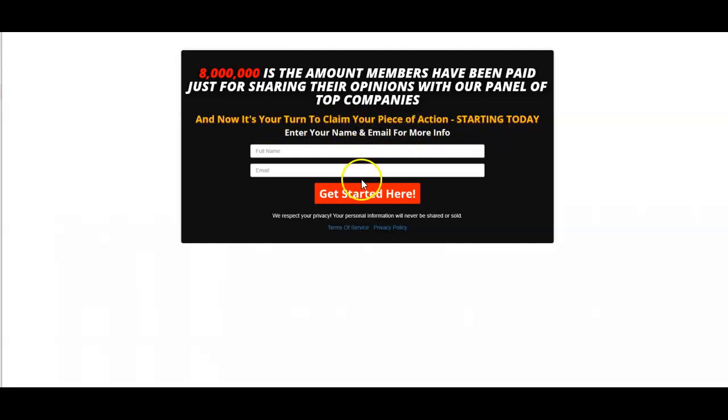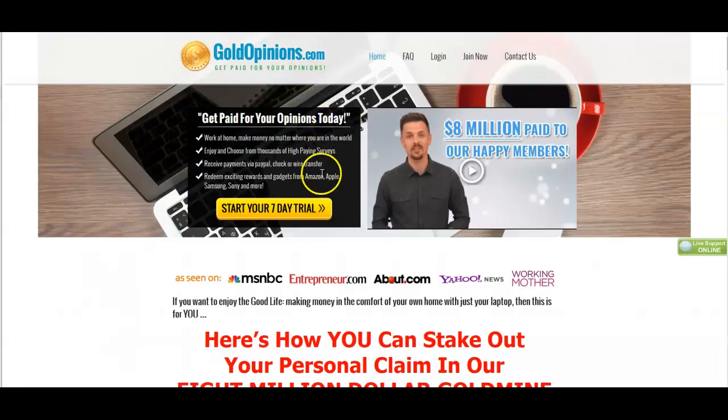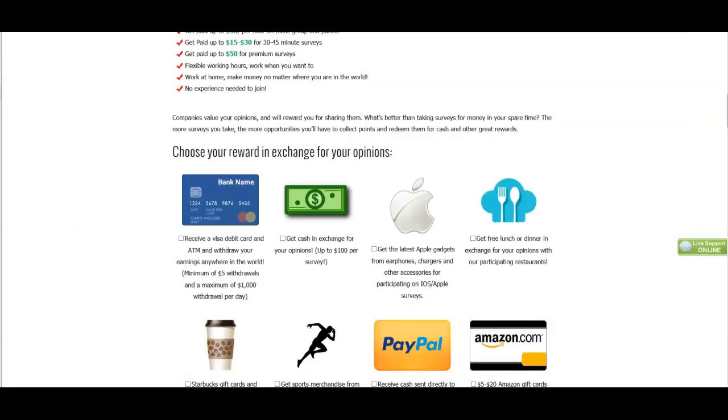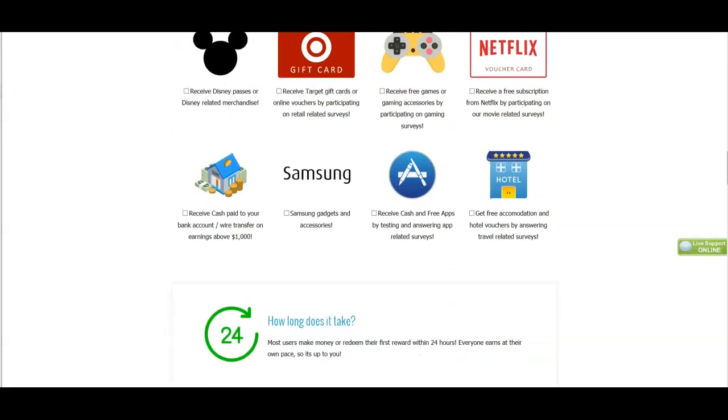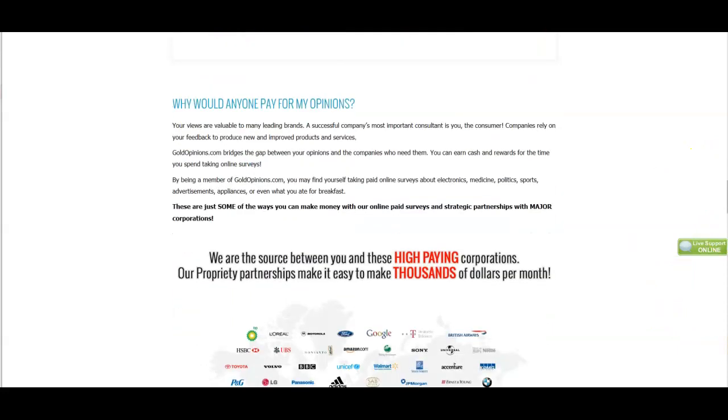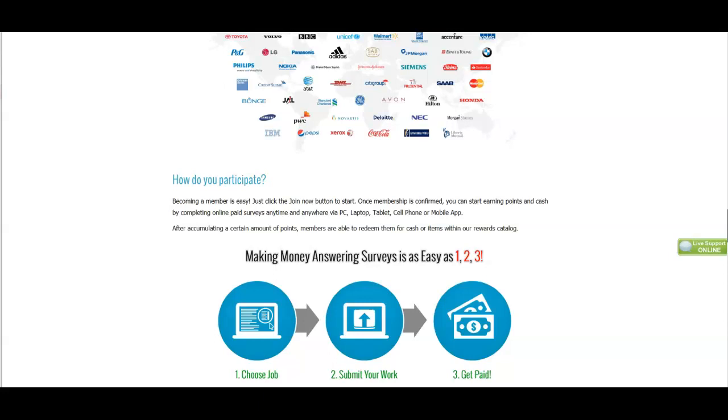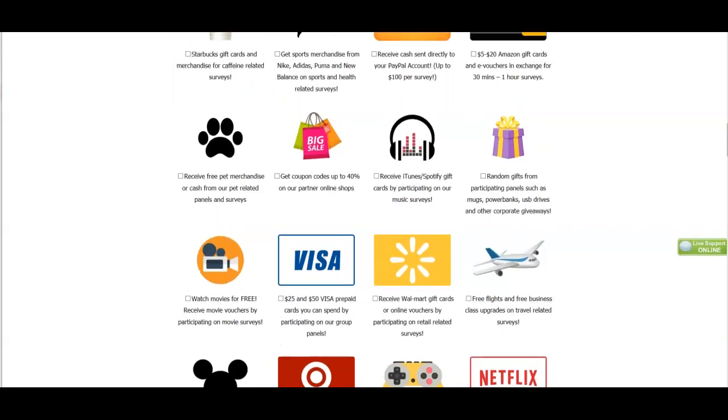Enter your name, email. When they do all that, they'll go to my autoresponder, and then they'll come to this page, guys. And this is what I'm selling. But you want to collect the name and email so you can keep on slamming traffic, not traffic, but emails to them like once a week. Let them know you can get paid like this. You know what I'm saying? Choose a job, submit your work, get paid. 1, 2, 3. That's easy. And a lot of college kids